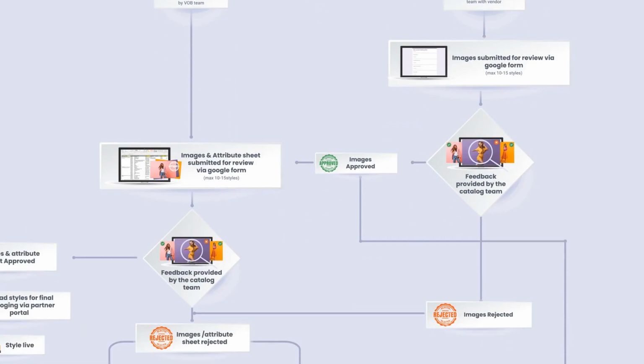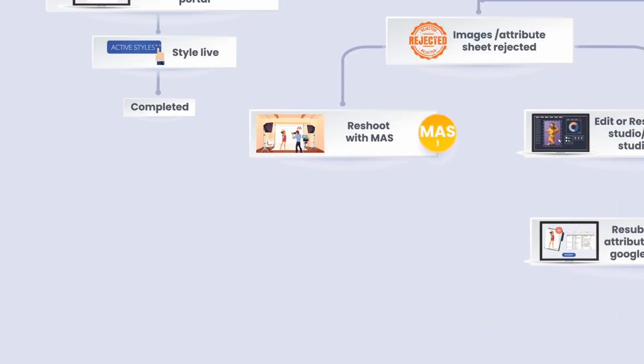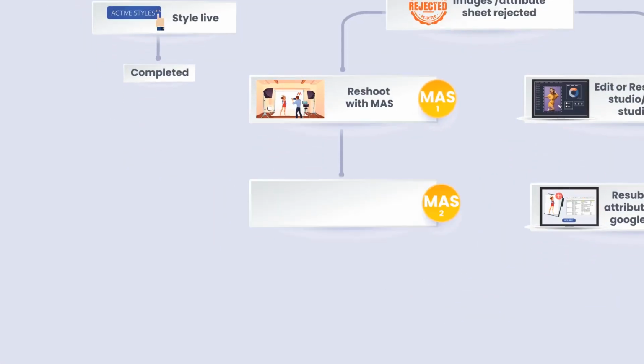Now, if the commercial is already done and you have got the Partner Portal credential, then you can submit the attribute sheet and cataloging images via Google form at a go and follow the same procedure as mentioned previously for the approval. But hey, in case you are opting for MAS shoot, you have to take approval only